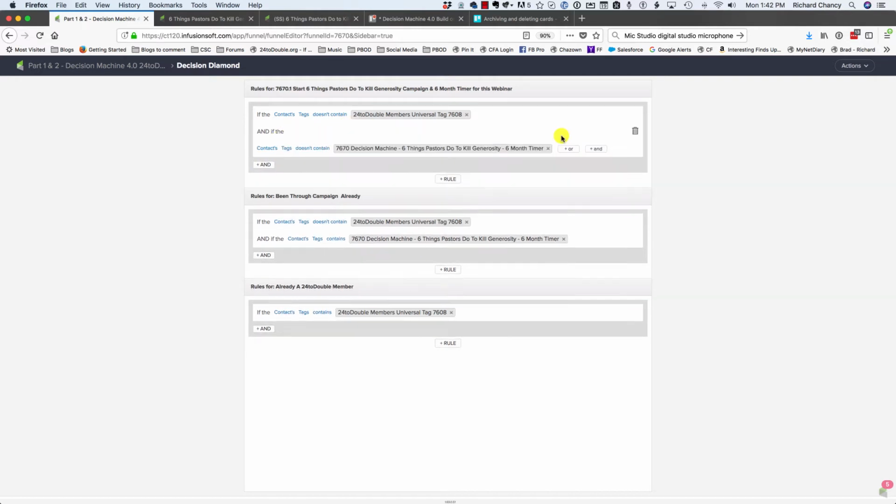Let's see if I can make it work. You see how it's jumping around? You see that I can't move the cursor, but you see where my cursor is. It says or and. Well, I would click and there a lot and say, if it doesn't contain this and